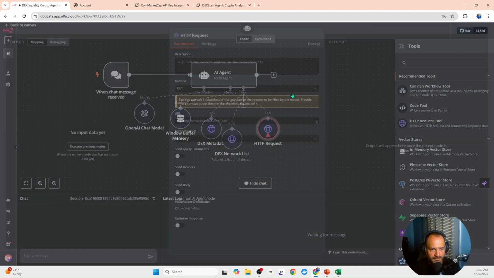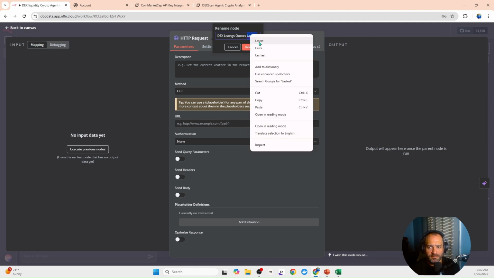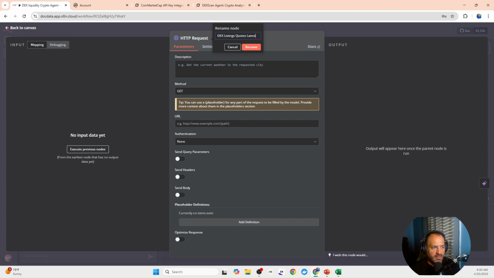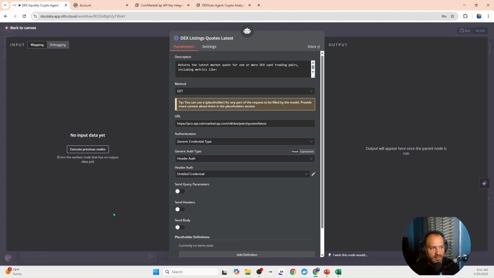So now HTTP. This one's going to be titled DEX Listings Quotes Latest. And again, this is important because that's what we named it in the prompt above, in the chat, in the prompt for the AI agent. We have to give it a description. The description just tells it what it's doing. Going to give it the URL, generic authentication header, header authentication request, and then we're going to give it the